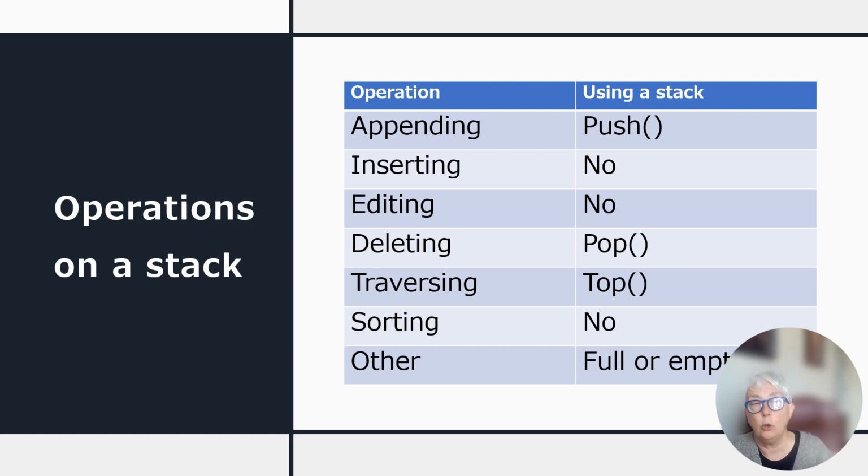So look at all the operations that you can do with a list, for example: append, insert, edit, delete, traverse, sort, and lots of other things that you can do with a list. With a stack, you can push, which is a bit like appending to the end of the stack. You can't insert, you can't edit, you can pop, and you can't traverse the stack. You can only look at the very top of it. You can't sort it. You can often check if the stack is full or empty,